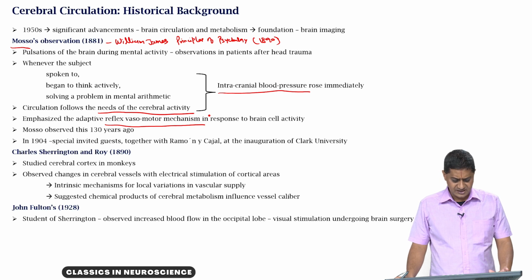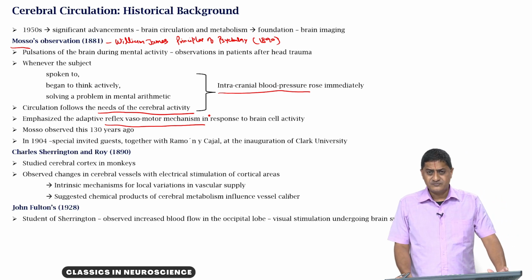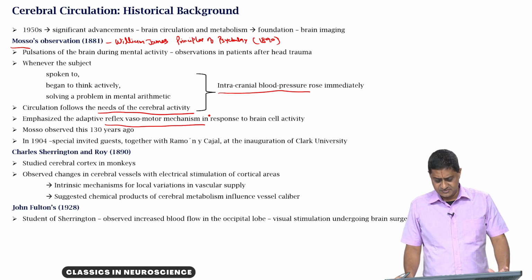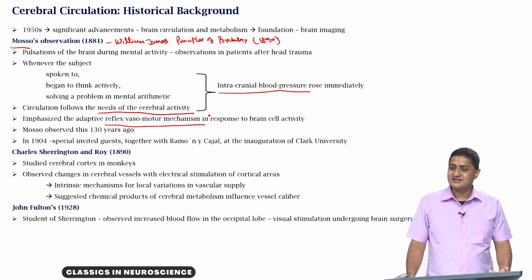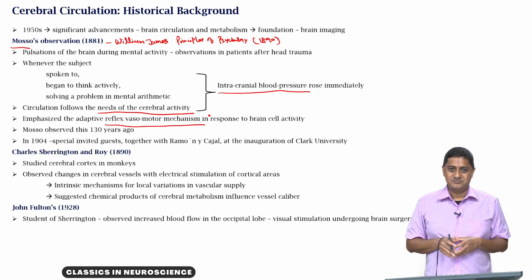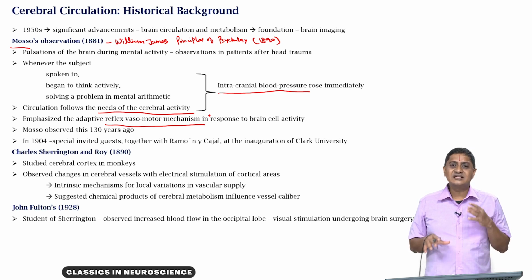So, there are some intrinsic mechanisms. This suggests that there were some chemical products of metabolism that influence the activation of the blood vessels, essentially suggesting that the composition of blood and the amount of blood that is used are critically dependent on what is happening in the brain. So, there is a chemical composition, but also the quantity; both are dependent on the activation level in the brain.